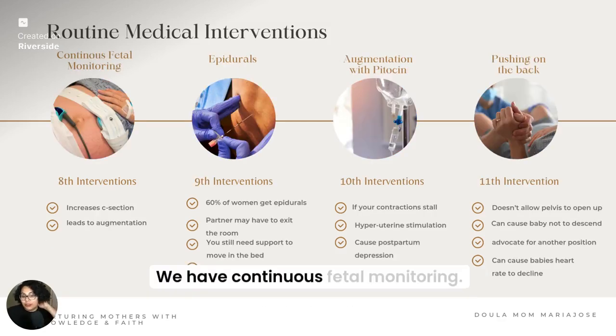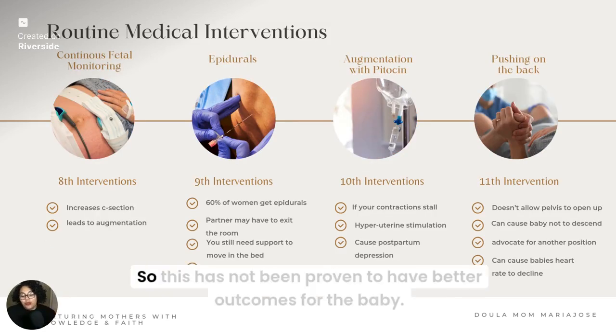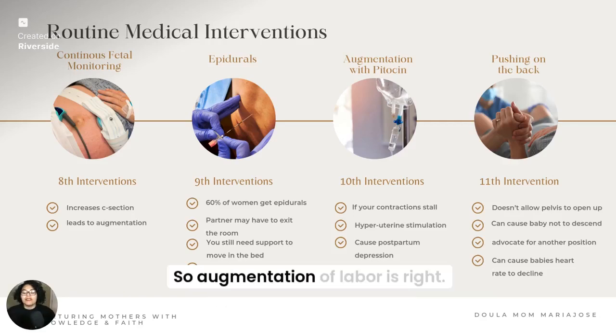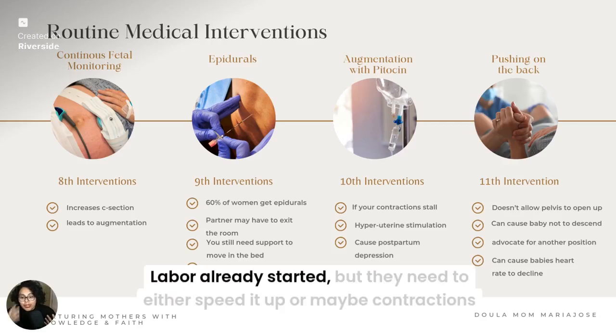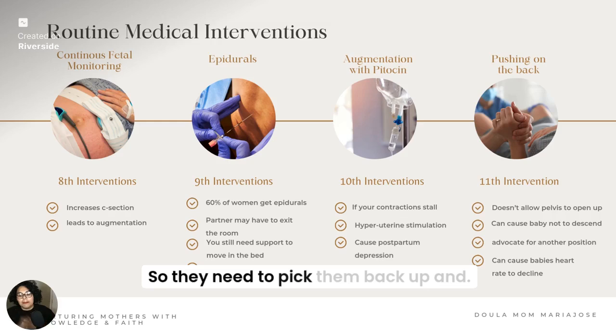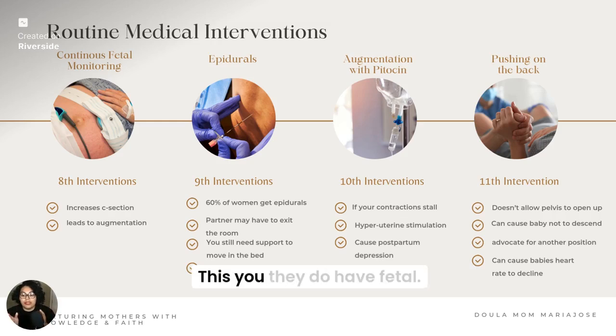We have continuous fetal monitoring. So this has not been proven to have better outcomes for the baby. It actually increases C-section and leads to augmentation of labor. So augmentation of labor is, right, labor already started, but they need to either speed it up or maybe contractions stalled. So they need to pick them back up. And they do have